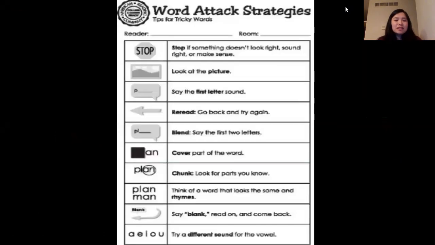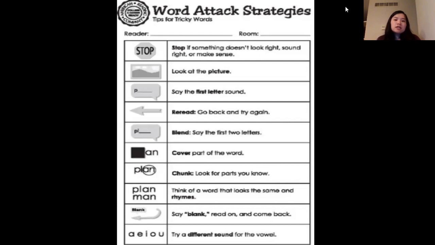Okay. First, what I want to dive into is our word attack strategies, because we are going to be viewing a teacher read to us Chapter 2, Cranky Legs, and Chapter 3, Zing, from Mr. Putter and Tabby. What we need to focus on, though, is the word attack strategies, because she will hold up the book after she reads aloud her section to you, and when she holds up the book, it's your responsibility then to read back what you heard her read to you. So we're going to do some